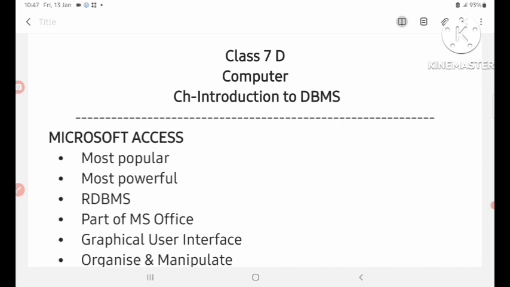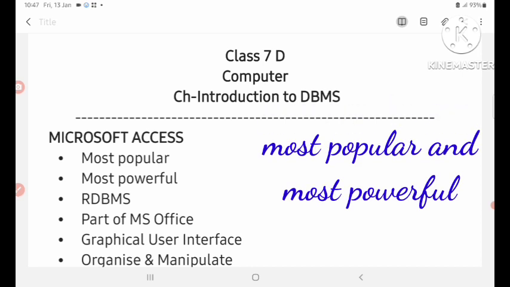First point, most popular, and second point, most powerful. Children, Microsoft Access is the most popular and most powerful relational database management system.